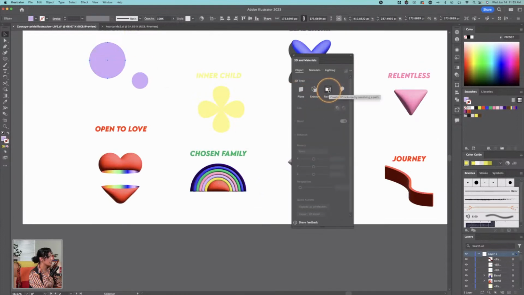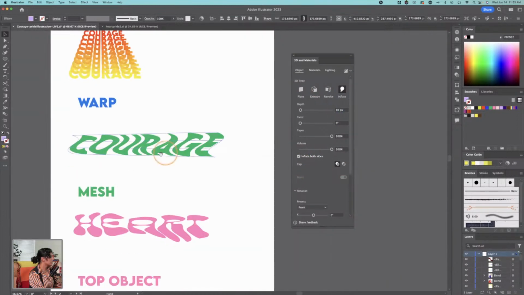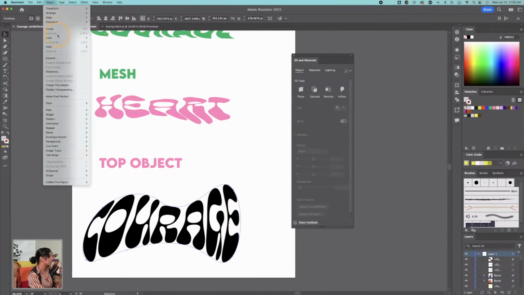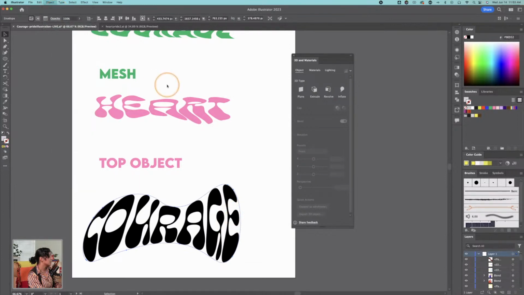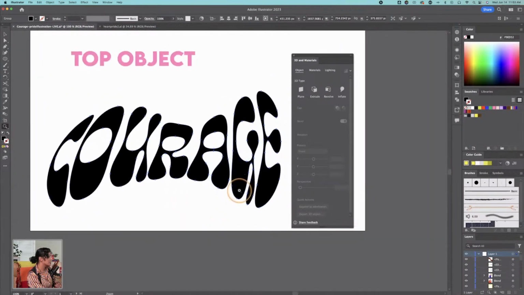We're going to do the same thing here. And look at our little circles, seemingly simple, but now they're so cool. And I'm going to create inflate both sides. And we're going to finalize it with doing it to text. I think that is pretty awesome. So I'm just going to expand this here a couple times. Oh no, just need to do it one time. All right, so that is our courage word. So we're going to be able to do it on this text,